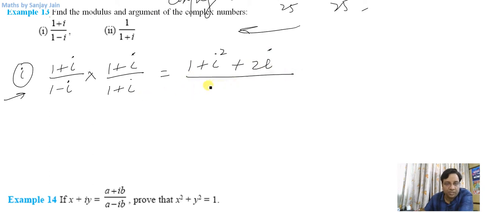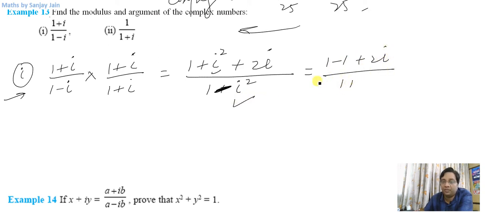And in the denominator I'll write 1 plus iota squared. Okay, this will be 1 minus iota squared, and it will be equal to, this is minus 1, right? So 1 minus 1 plus 2 iota, and in the denominator this will be minus 1, so 1 plus 1, because minus of minus 1 will become plus 1. So I'll have 2 iota by 2, which is nothing but iota. So this expression is nothing but iota itself.